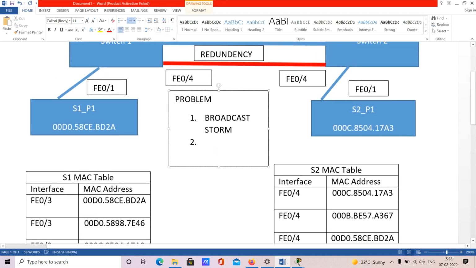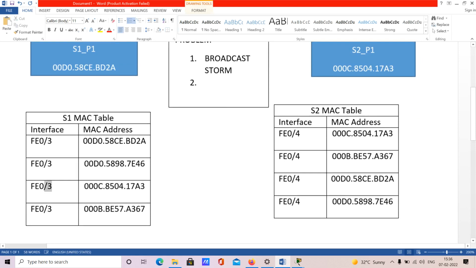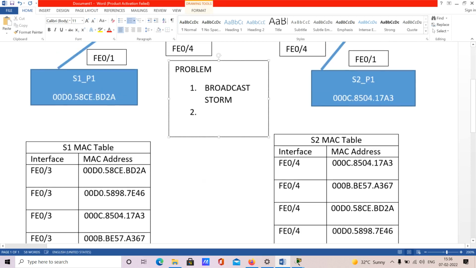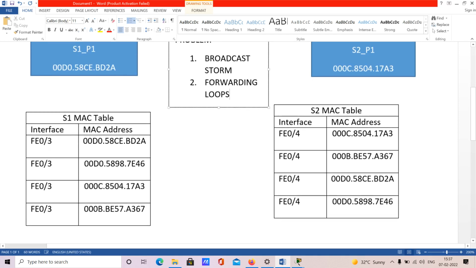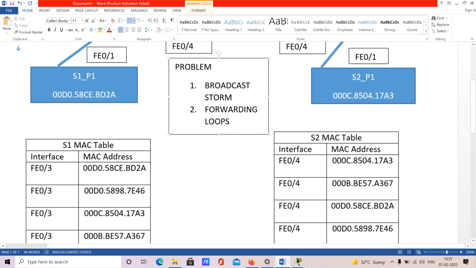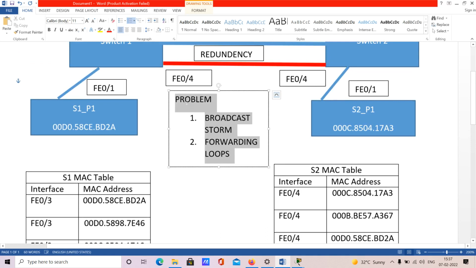Blindly, they believe that if I make a change, blindly they are going to accept. No one is going to cross verify such things. This type of problem is called forwarding loops. Fine. These two are the problems